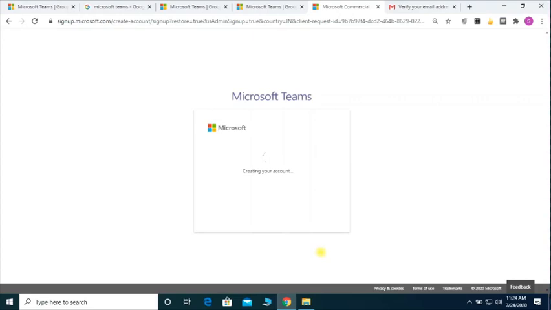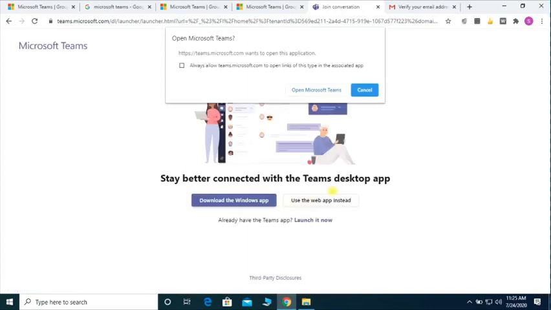So you can use either the web application itself, or you can download the desktop application. Okay, the Windows application is there, or the same web browser, Chrome browser, or you can use any browser application. Here I am using both, so I will show how to use them. First I will show how to use the Windows app. I already downloaded that one.